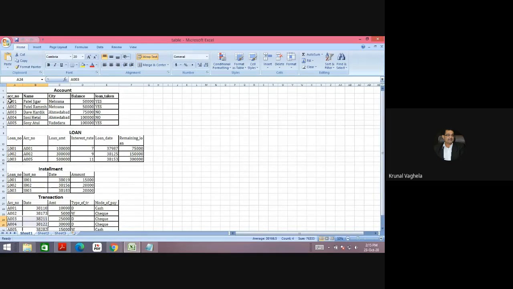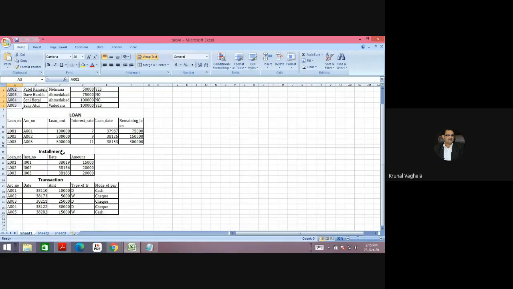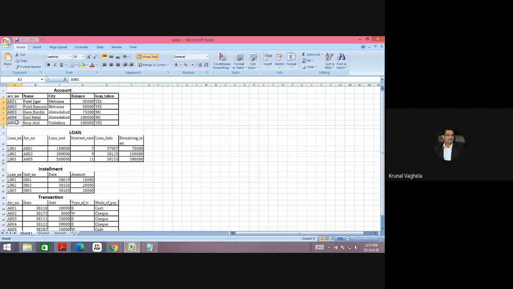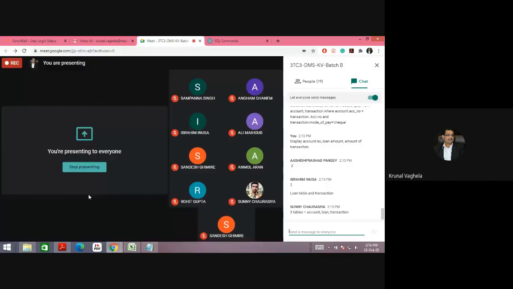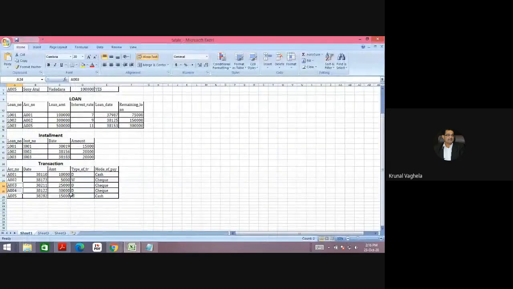But if you include the account table, then you will get all three. You will get loan amount of A1, 2, and 5, but not the amount of 3 and 4. Getting my point? The three tables you will need are account, loan, and transaction.